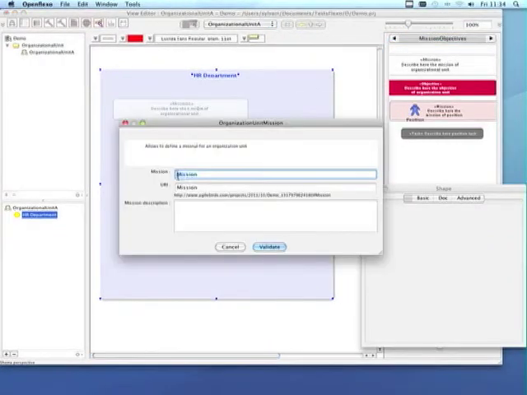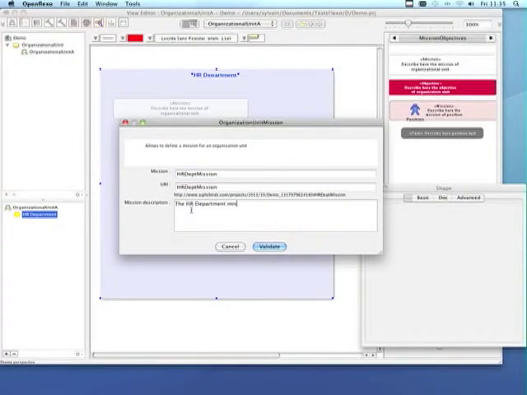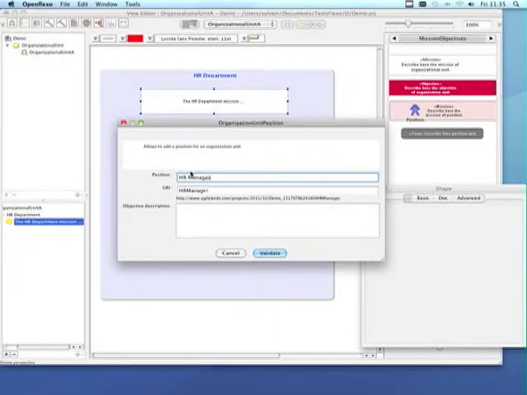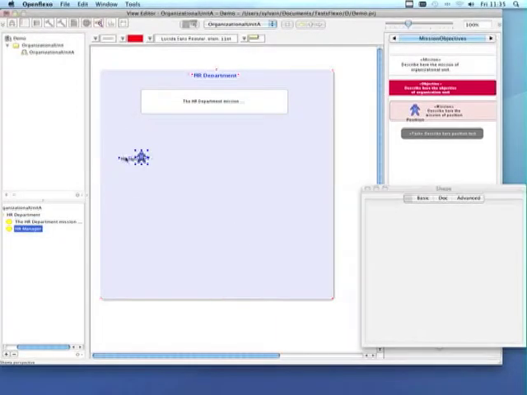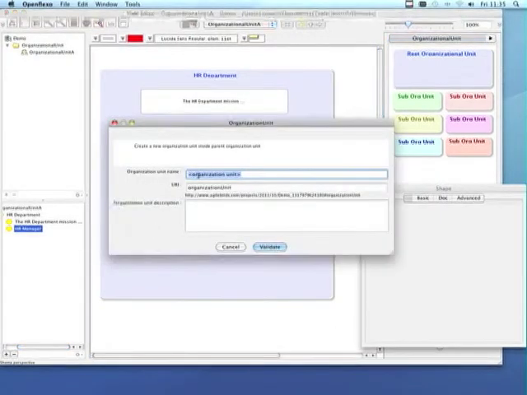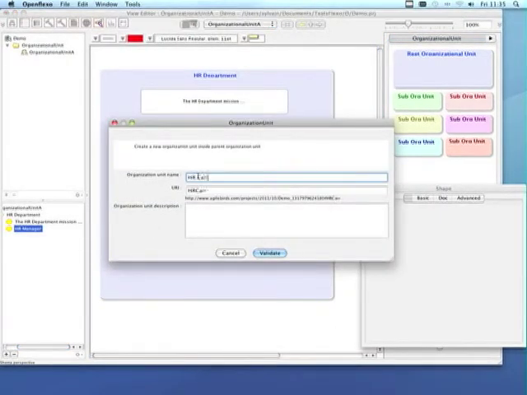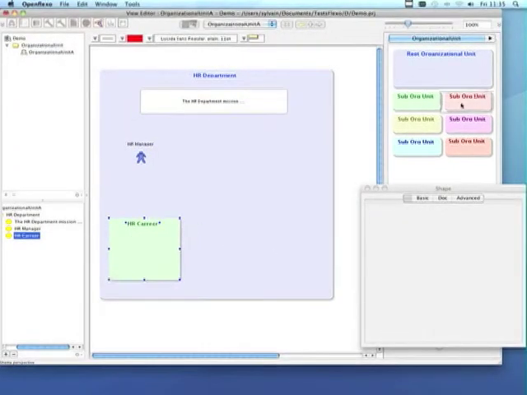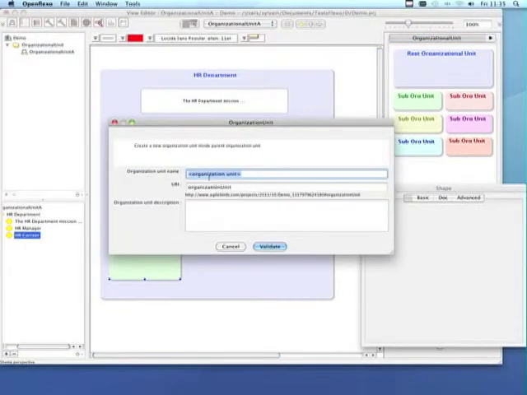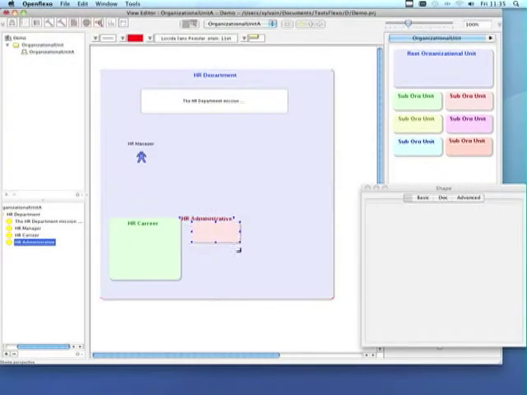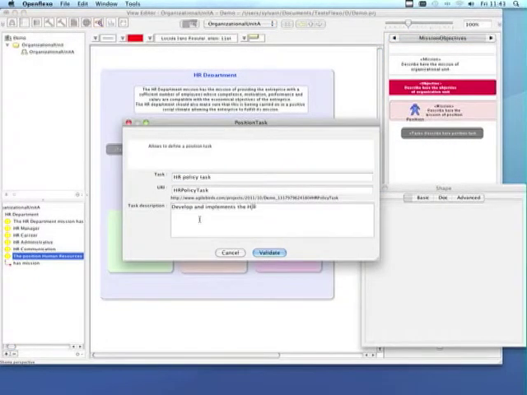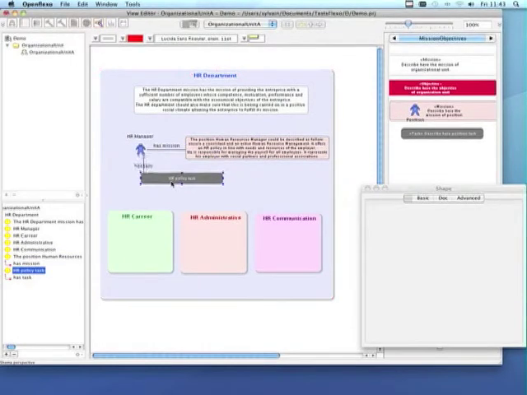Inside the HR department, we drag-drop the mission concept that describes the mission of the department. We drag the position concept for HR manager. We then drag-drop elements inside the HR department for the sub-organizational units: HR career, HR administrative, and HR communication. We then specify the task associated with the HR manager, HR policy,